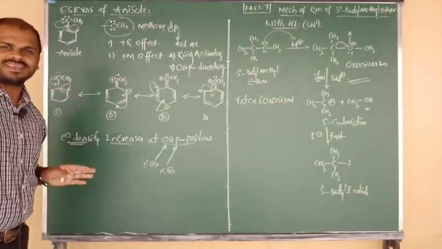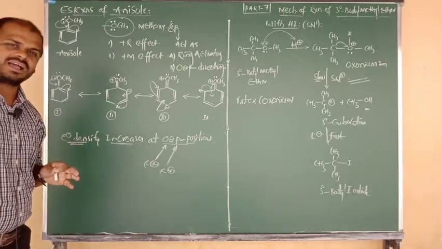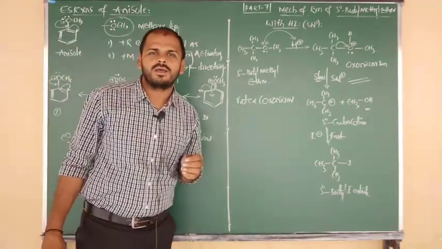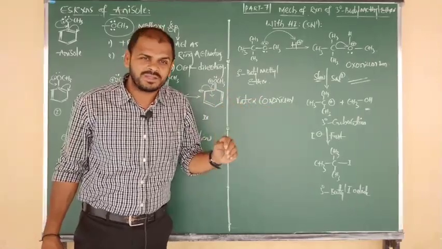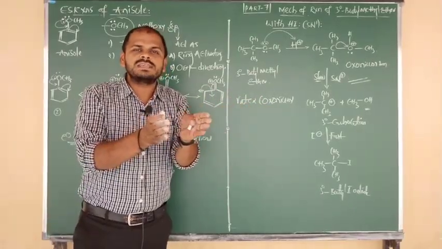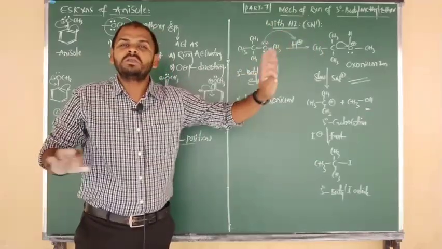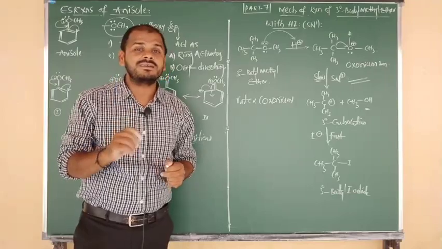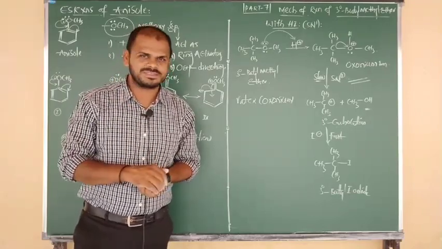Hence we have to say that anisole always undergoes electrophilic substitution reactions, and it is going to form 2 products. One is the ortho product, one more is the para product. But para is always major as compared to ortho. Ortho means 2 groups are side by side, they may cause repulsion. But para means opposite, no more repulsion, more stable, beta. Para is always major, ortho is always minor, according to repulsion and steric concept, beta.